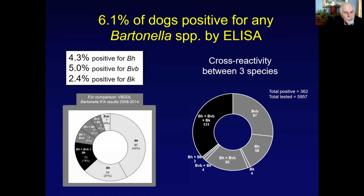So this is some very recent work from our intracellular pathogens research lab, and we decided to work with a company, IDEXX Laboratory, to look at the feasibility of using ELISA versus IFA. And it was very interesting because the overall patterns that we saw in regard to finding infected dogs throughout much of the United States was very similar. But what's depicted here, and I realize this is somewhat of a complicated slide, so we're just going to talk about a couple things here, is that